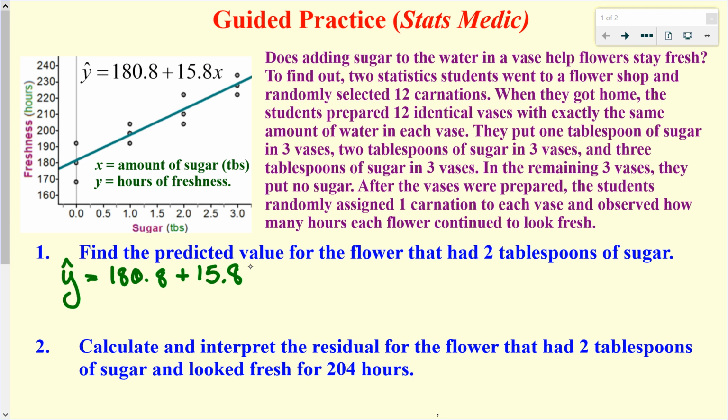So we're going to go ahead and replace x with 2 for our 2 tablespoons of sugar. And we can go ahead and calculate that. So 180.8 plus 31.6, which is going to give us